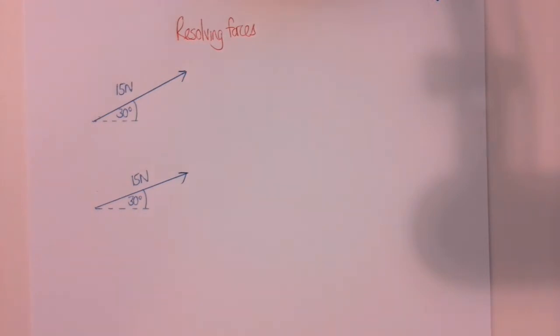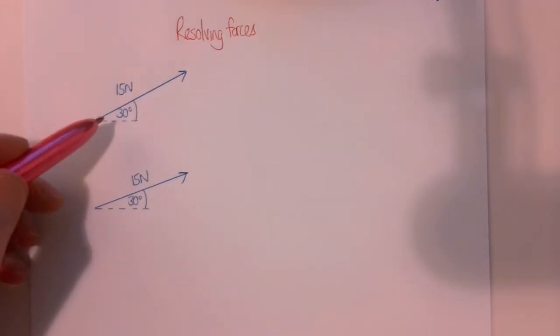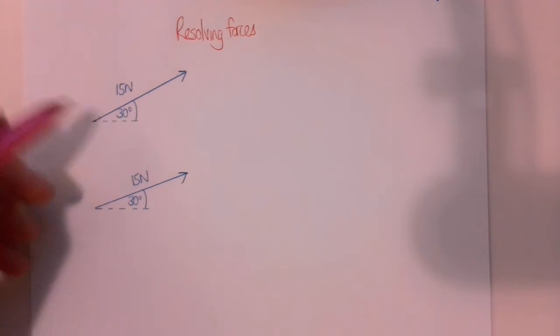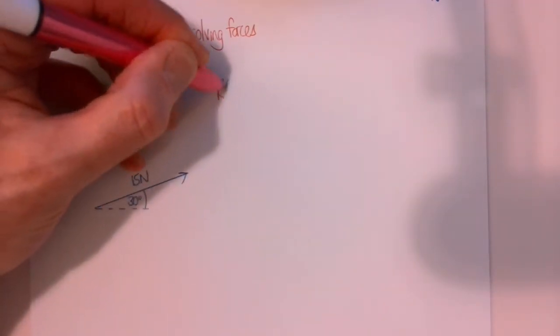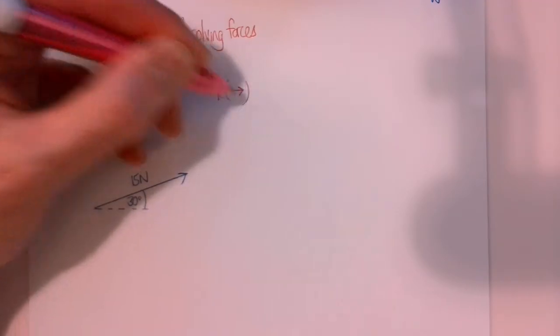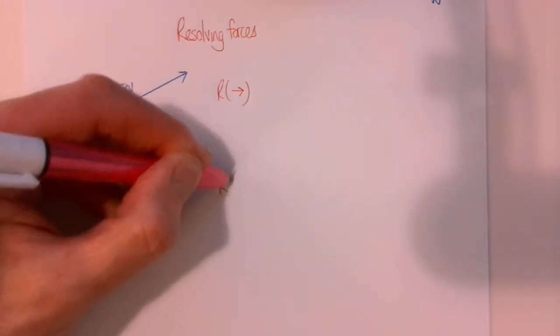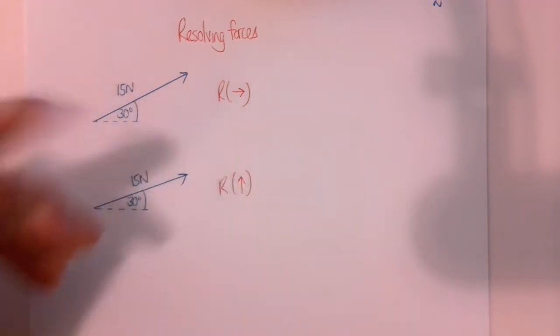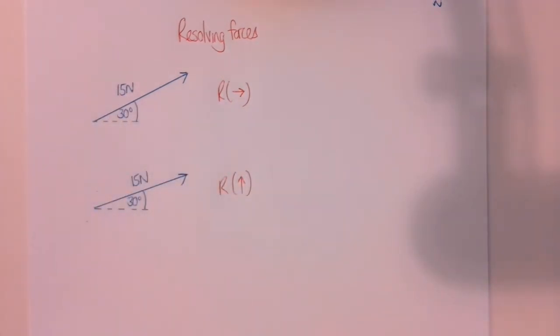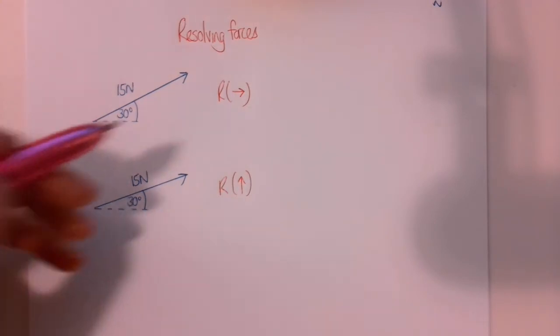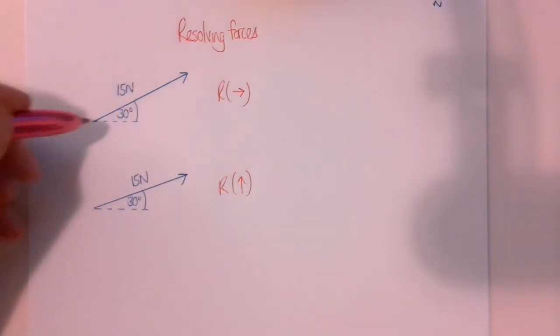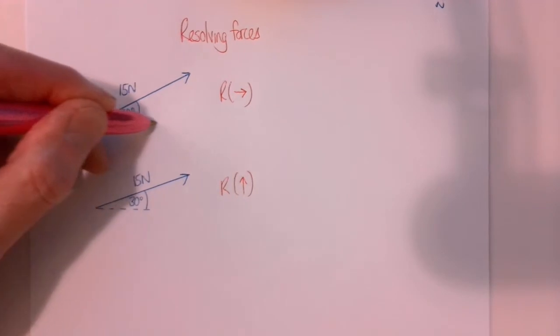As soon as you get an angle, it's a bit complicated. But we make it simple by saying, what's the effect of this angle in the horizontal direction? So we call that resolving horizontally, and in the vertical direction, resolving vertically. We work out those two effects separately, and we use trigonometry for that. So to work out the horizontal effect of this force, we say, okay,